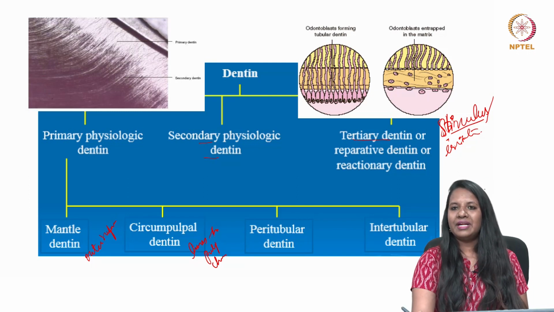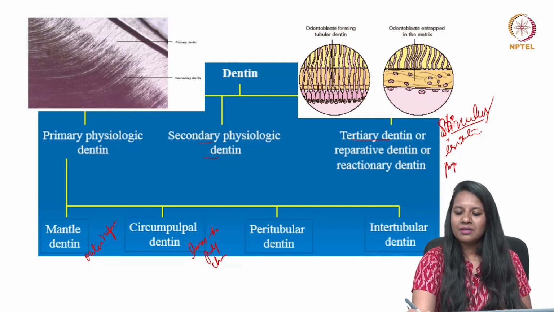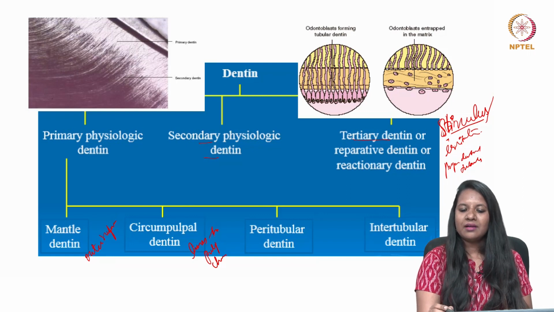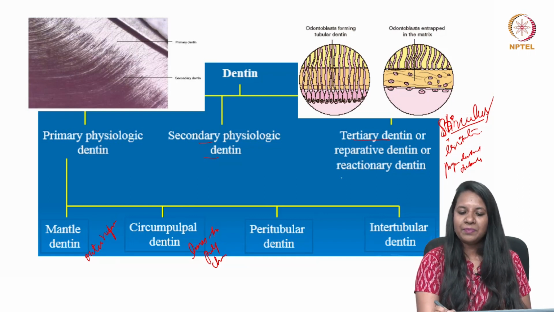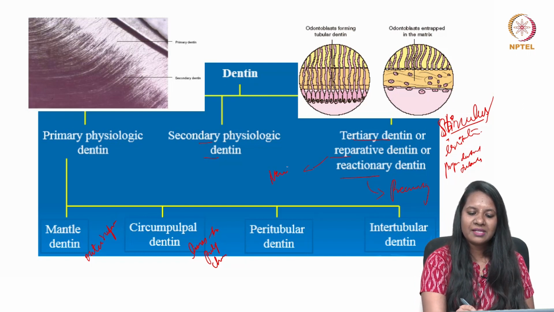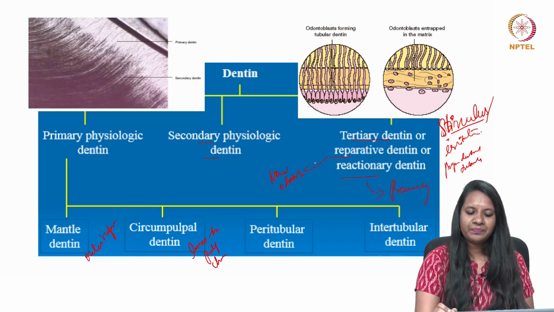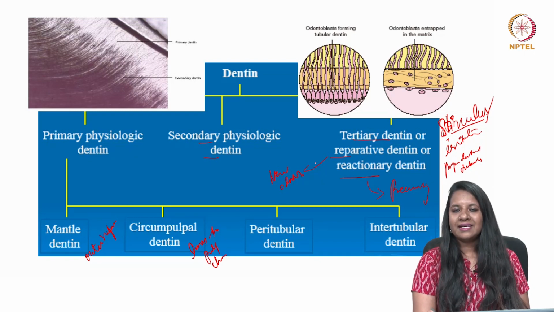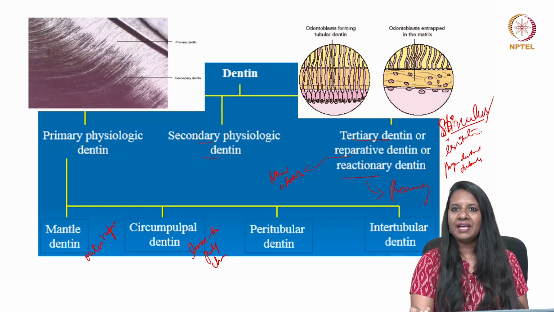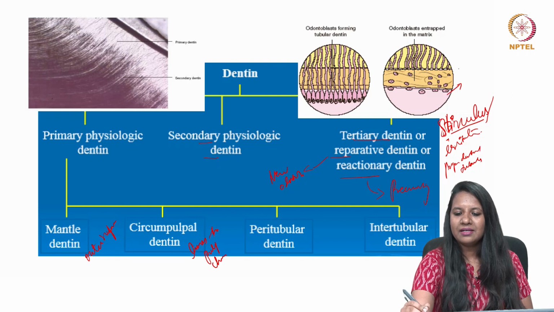So, such type of dentin will not have proper dentinal tubules. It might be either sparse or totally absent. And when such dentin is formed from the pre-existing odontoblasts, okay, we call it reactionary, and when it is formed from new odontoblasts, we call it reparative. And when these odontoblasts secrete this dentin, a few odontoblastic cells will be embedded in the dentinal matrix, and such type of dentin is called osteodentin.